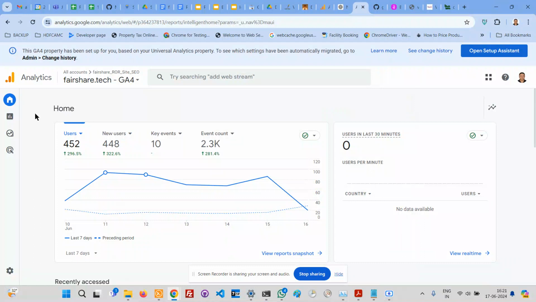Fairshare supports around 150 clients for their website maintenance. We also provide them a facility where we, on their behalf, create a Google Analytics account and set it up for their property, like in this case, the website. The idea is that if they need any information about the usage of the website, they can find out. But inherently, business owners find it very complicated to navigate through